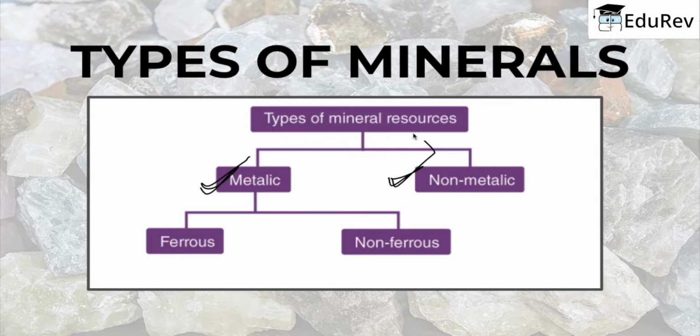Metallic minerals may be ferrous or non-ferrous. So they might be ferrous and non-ferrous. Now, what does that mean? Ferrous minerals like iron ore, manganese, and chromites contain iron. So, ferrous means that they are going to have iron in it, whereas non-ferrous means that there is going to be no iron in it. So, a non-ferrous mineral does not contain iron but may contain some other metals such as gold, silver, copper, or